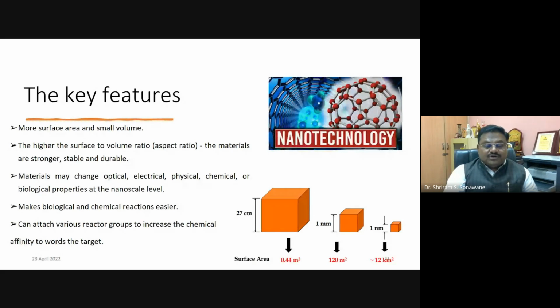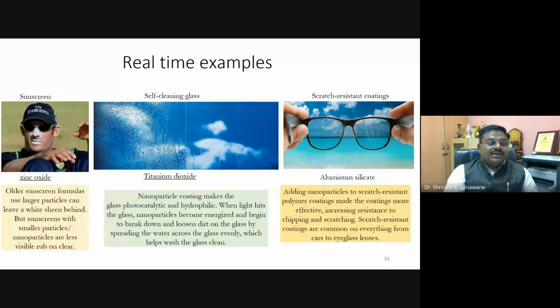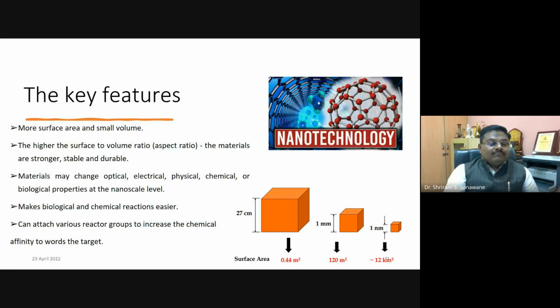Because structure changes, property changes. So it's optical, electrical, physical, and chemical. These properties basically change because their structure changes. It makes biological and chemical reactions easier. We can attach various reactive groups to increase the chemical affinity towards the target. Next